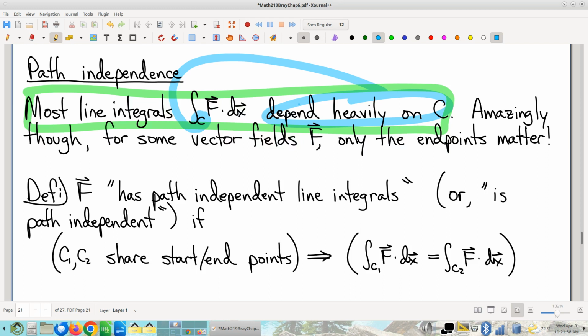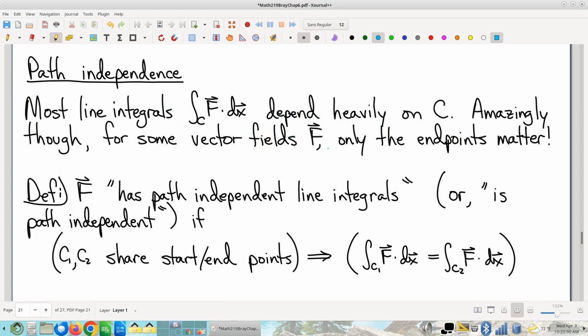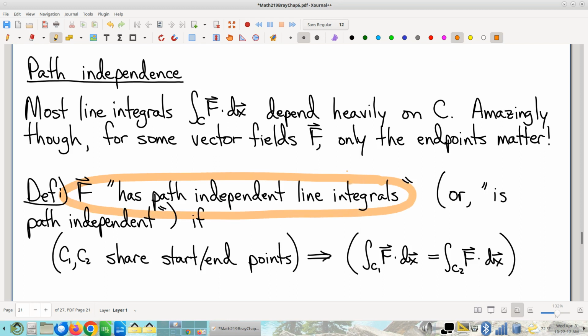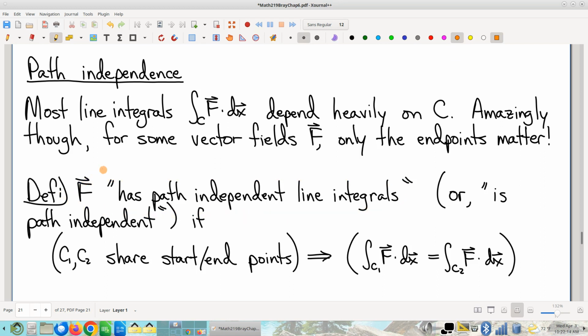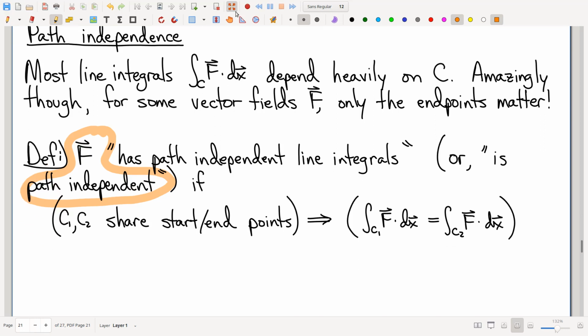So what's really surprising is that it turns out that for some vector fields, it actually doesn't matter so much. And this is, I think, quite shocking. There are some vector fields, what we call vector fields with path-independent line integrals. Or to be totally honest, I prefer this more streamlined terminology here. A vector field is what we call path-independent if it has the following property, and that is that if you have two curves, any two curves